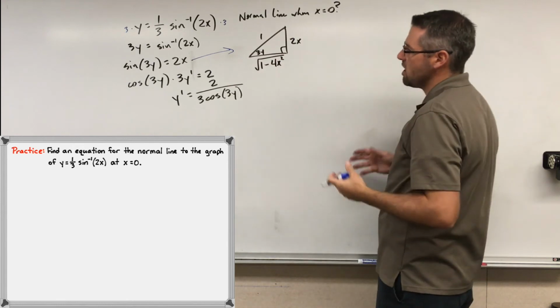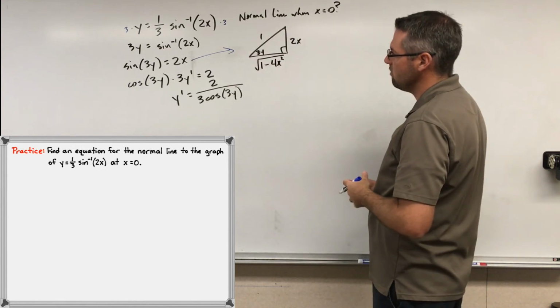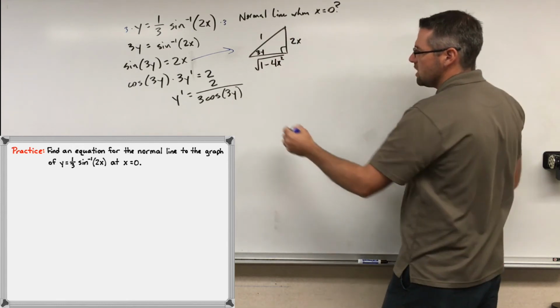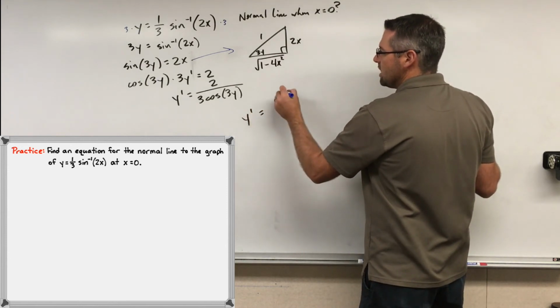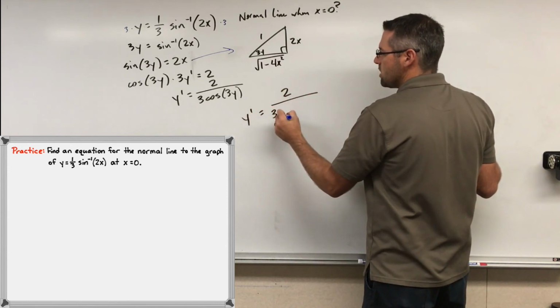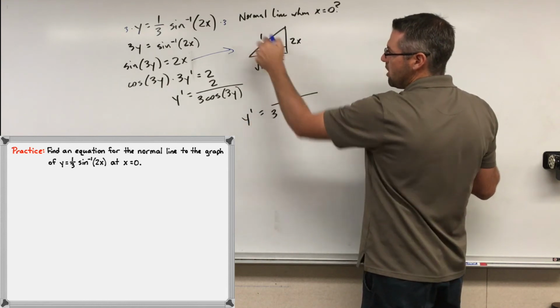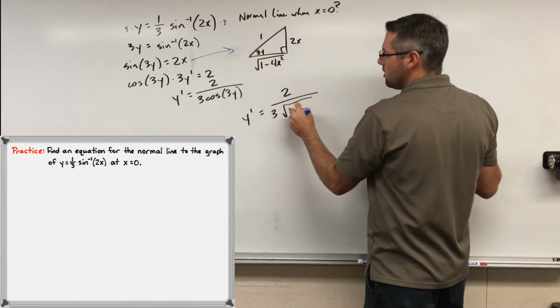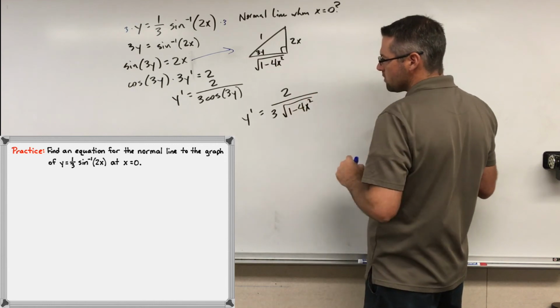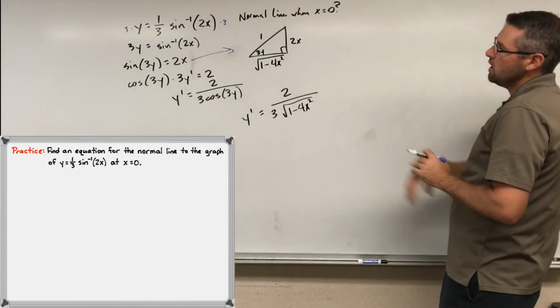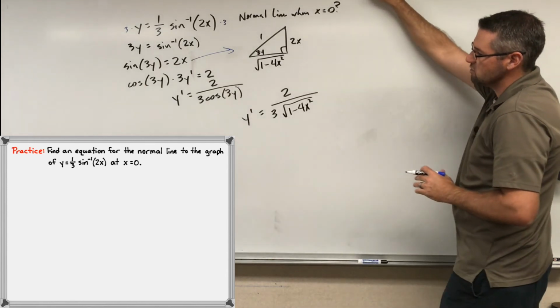And again, you can do the Pythagorean theorem to determine that yourself. And then substituting in here, we get y prime equals 2 over 3. What's cosine of 3y? Cosine of 3y is adjacent over hypotenuse, so it would just be radical 1 minus 4x squared. So that's my derivative. In order to find the normal line, I need to find the slope of the tangent